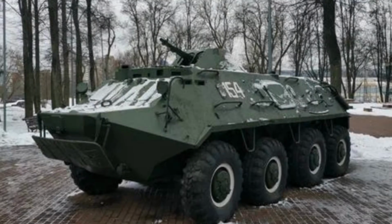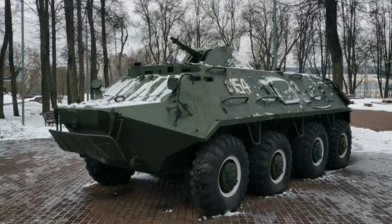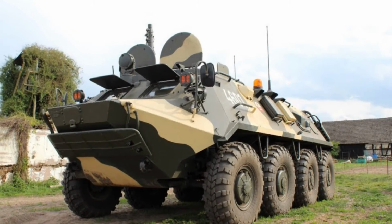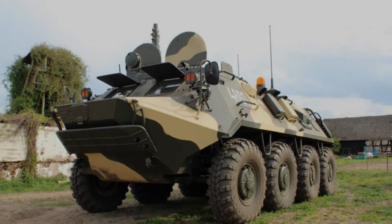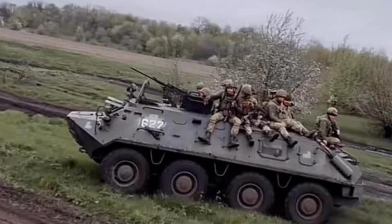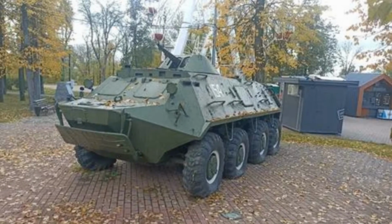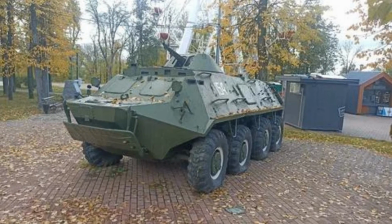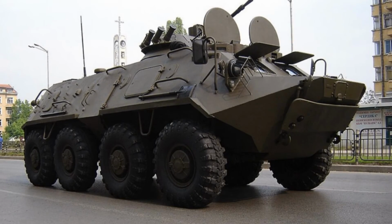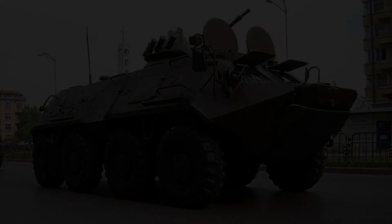Finland, heavily influenced by the Soviet Union following World War II, produced four major marks of the BTR-60, including modernized iterations. The East German Army operated various versions and designated local marks under the collective Schützenpanzerwagen heading. In Mexico, the Marines utilized a turretless variant designated as the APC-70. Romania designated its BTR-60 variants under the TAB-71 designation, which also included sub-variants. Polish variants were based on the BTR-60 PB, while China undertook an illegal reverse engineering endeavor to produce their version